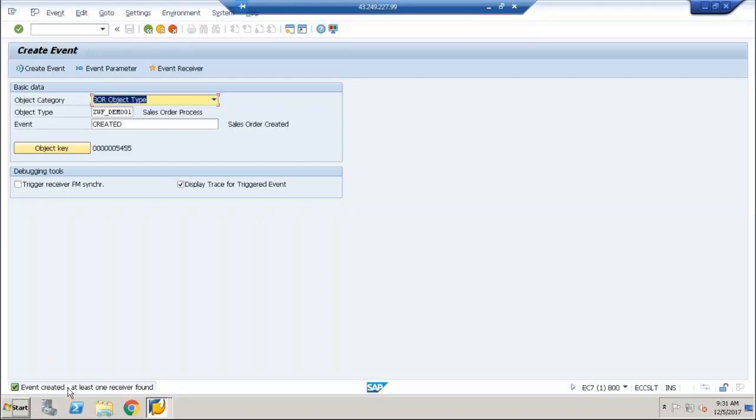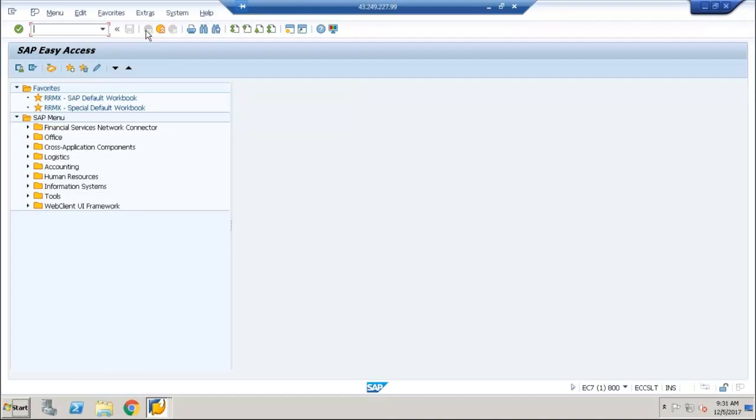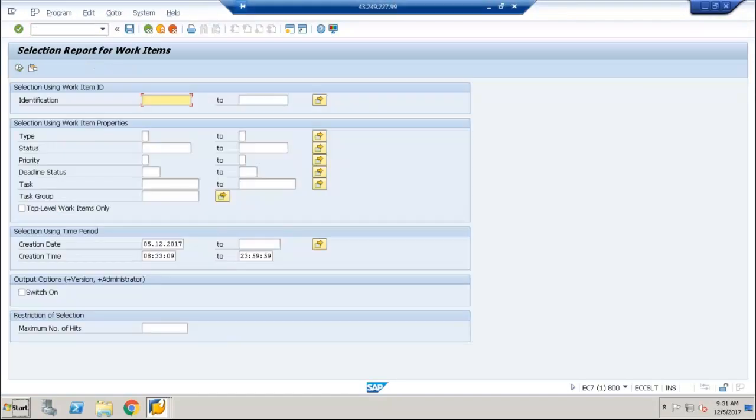It is saying event created, at least one receiver found. Okay. So I want to see the workflow. So workflow started, the system is saying I don't know the workflow. So what I can do is I can go to transaction SWI1. Okay.